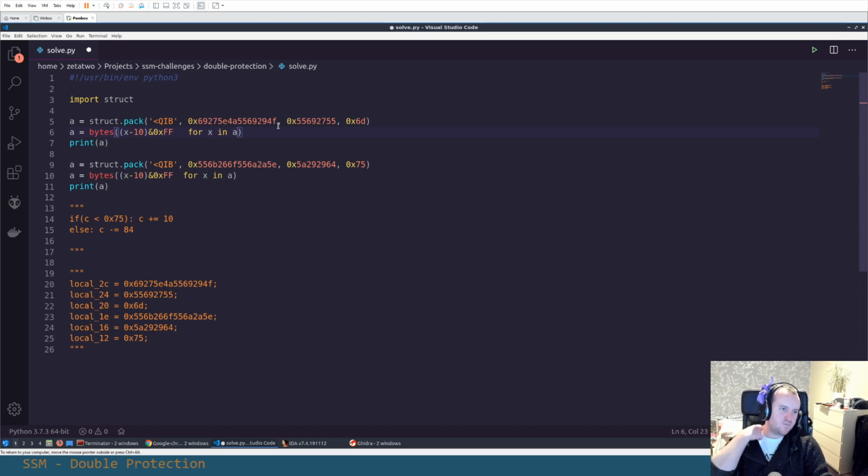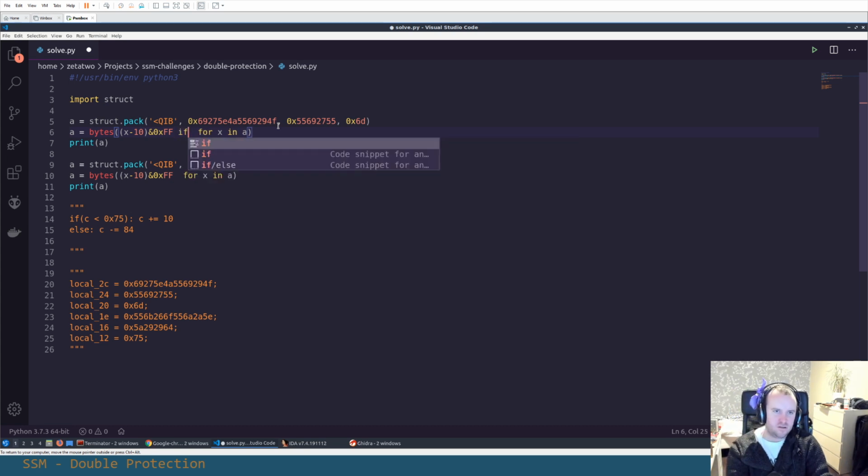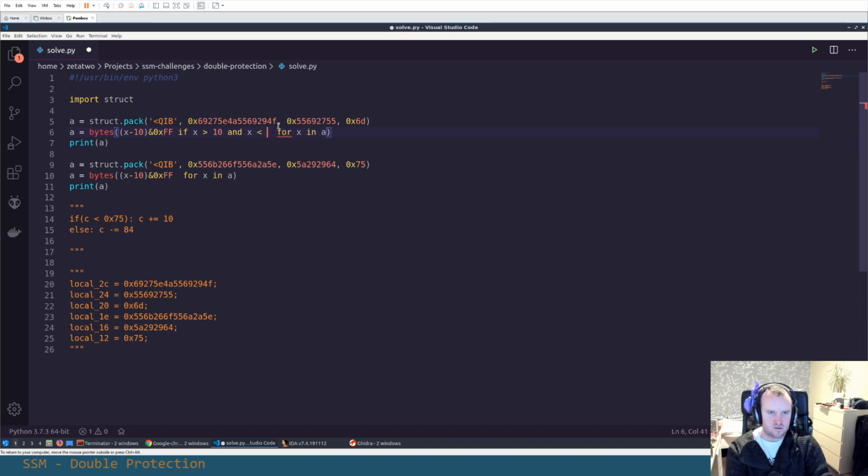And the reason for this is basically that would mean that anything below 10 or above, okay, so either if it's in this range of